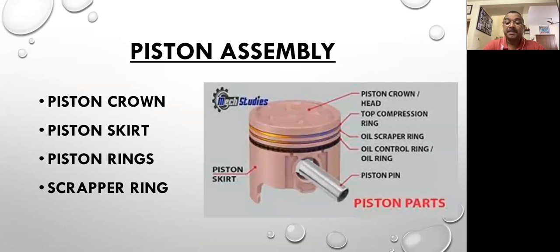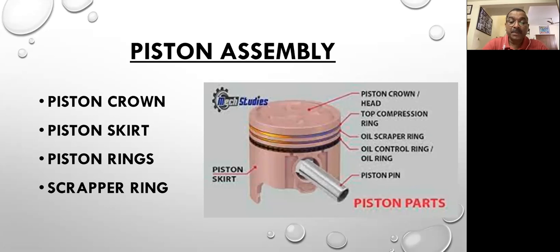So this is the piston assembly. In a ship's engine, this piston assembly is a two-piece assembly. The top portion we call the piston crown, and this portion has to be a little bit special metallurgically. It has to be a special design. Generally it will be made of steel.